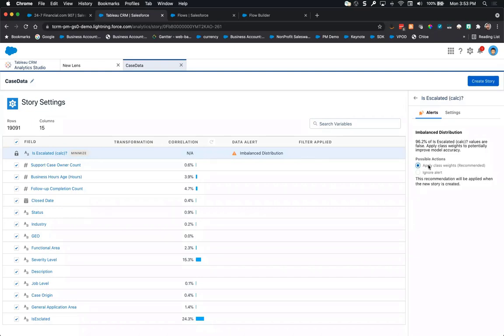So we have this new feature where we can apply class weights. What we're doing here is, you don't have to really worry about it other than knowing, hey, I have this imbalanced distribution. Well, yeah, I should apply class weights because we're telling you to. So we're actually going to be able to build a better model to better predict the